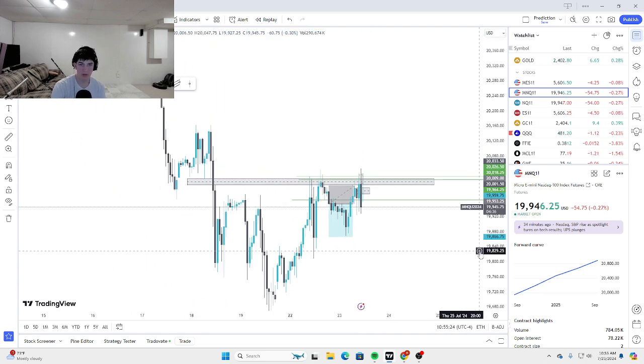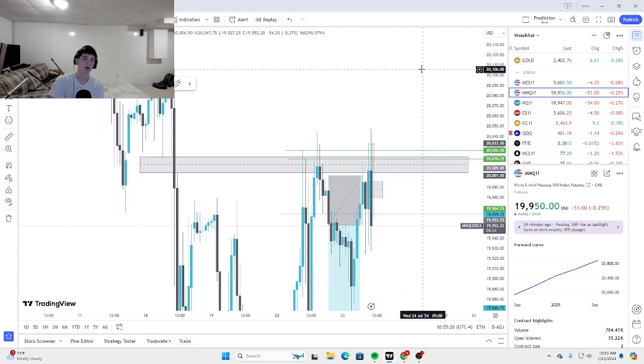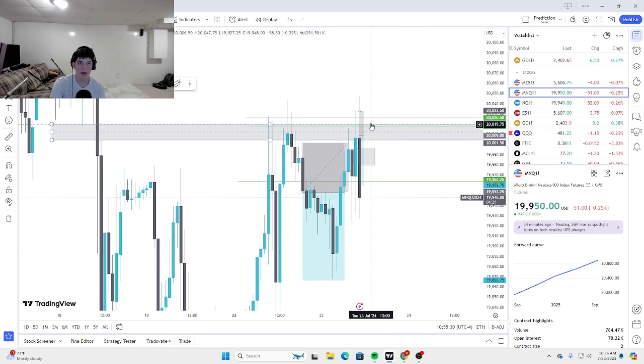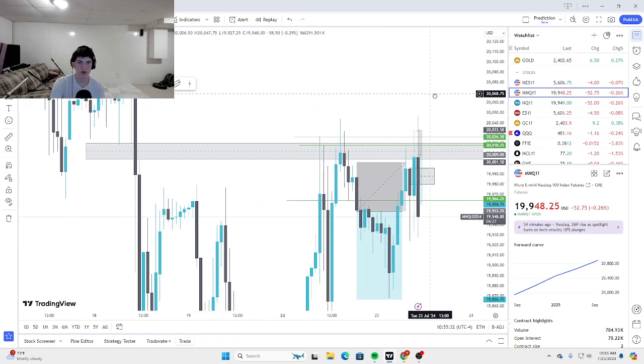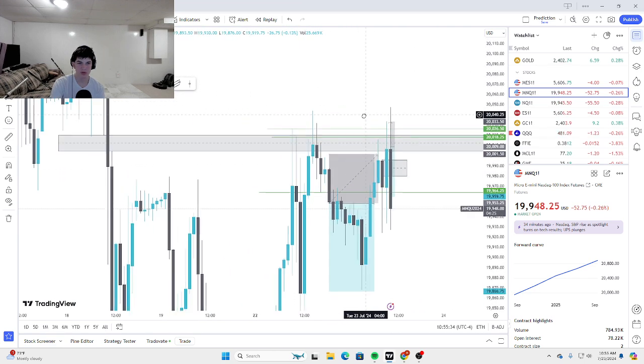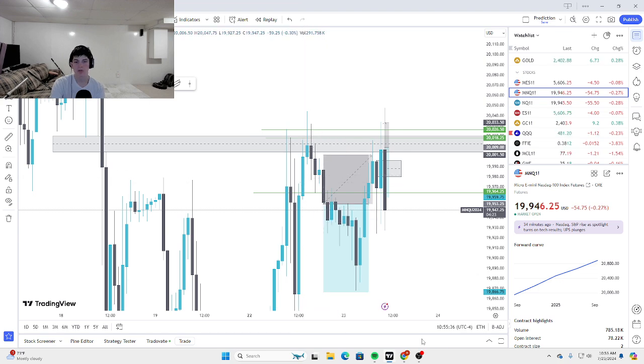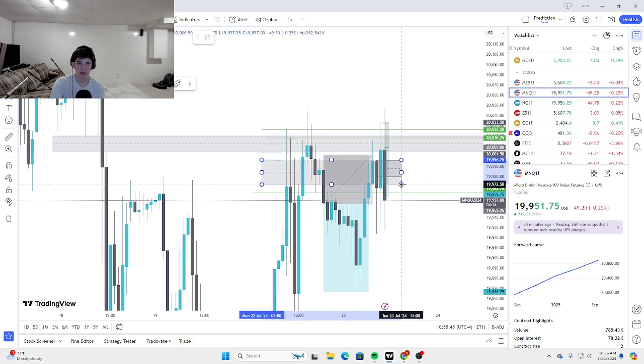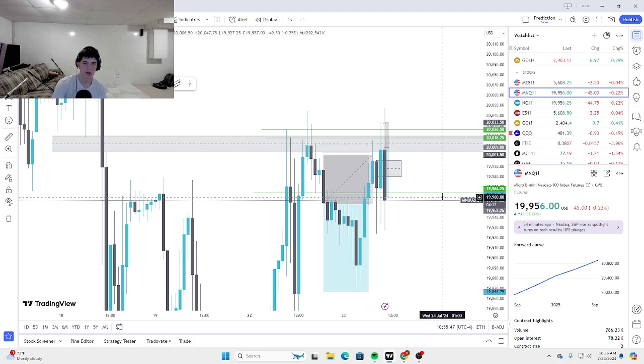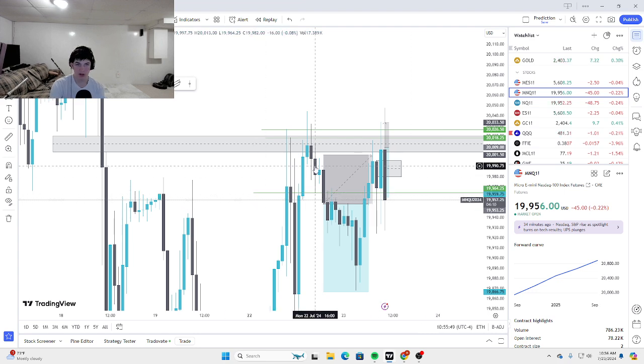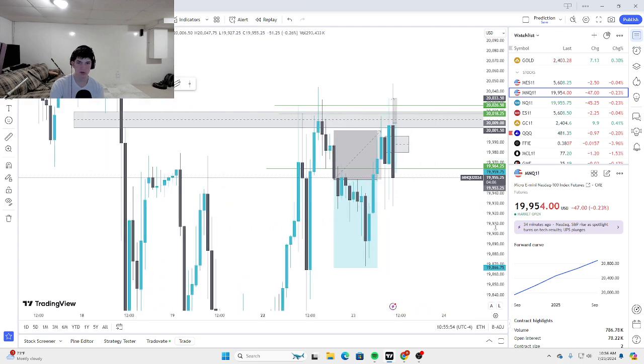So basically I'm like, okay, we swept those highs. We're in this imbalance. Let's wait for a nice reaction. This looked like the perfect trade too, because we had such a clean reaction. We broke structure on the hourly, and then we inverse this hourly fair value gap right here. And then we broke structure. This green line is the low. I'm like, yo, this is like a perfect trade.